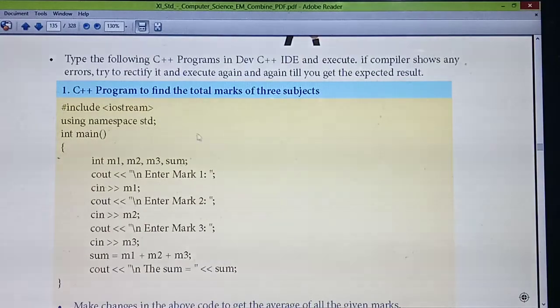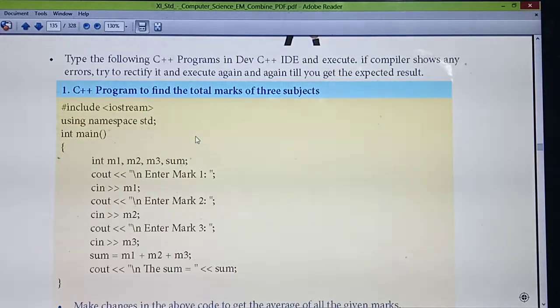The first program is that you are going to find the total marks for 3 subjects. So you are going to calculate total marks for how many subjects? 3 subjects. First listen carefully, rethink it and write the program. What's the question? You are going to find the total marks for 3 subjects. So 3 marks are there. How many variables do you need to define? 3 marks you need to define, isn't it? So 3 variables. Then total marks means what function will you do?